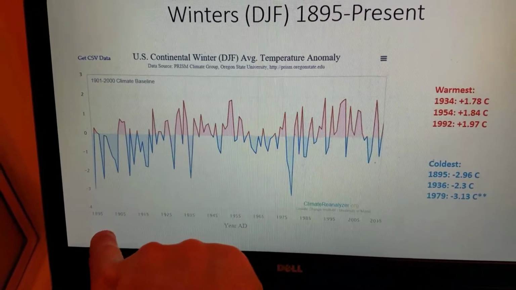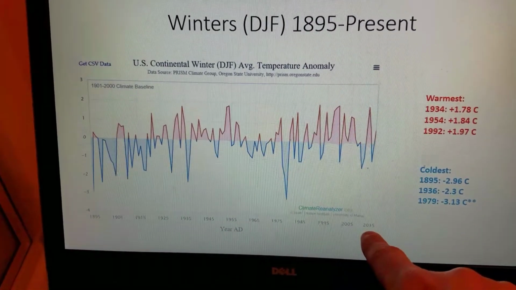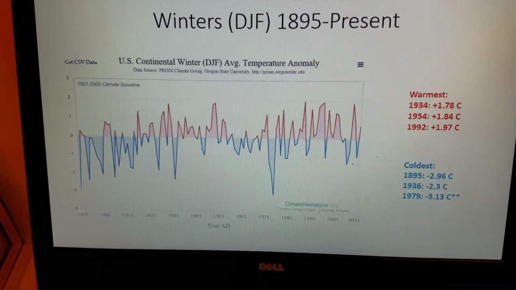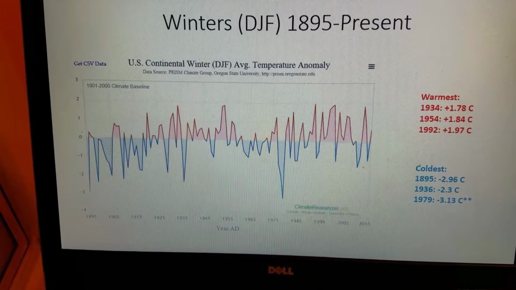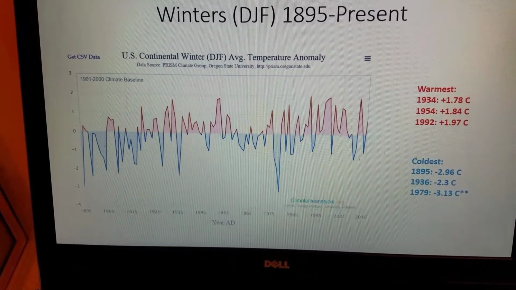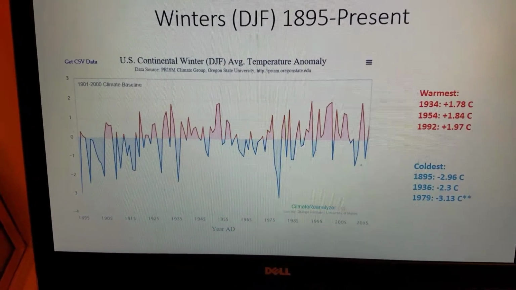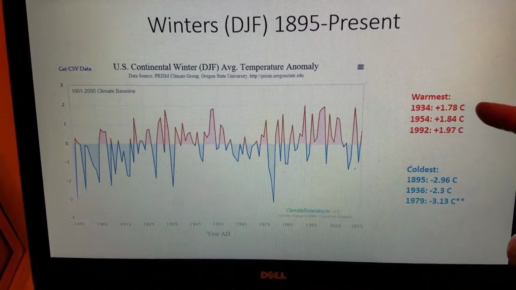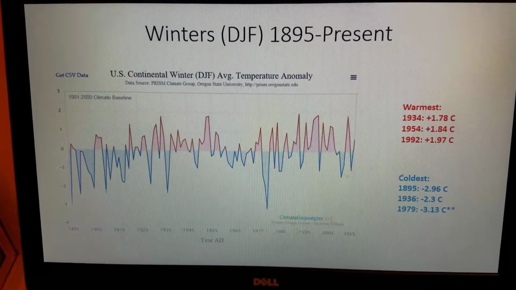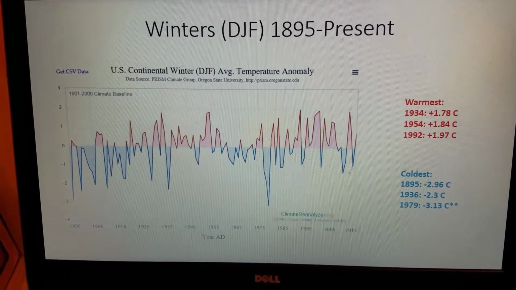And then on the bottom, I have the years from 1895 all the way to 2015. The blue areas indicate winters in which it was colder than normal. And the larger the spike, the colder or warmer the temperatures were for that winter here in the U.S. continental lower 48. So this is the United States as a whole, not just Southeast Virginia. We look back at the warmest winters, December, January, February time frames, from 1895 to present.